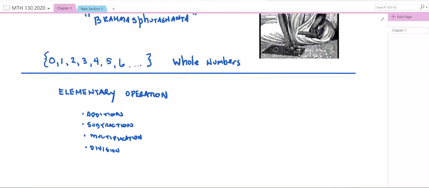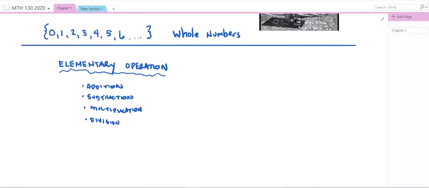Okay, in our previous discussions, we talked about whole and natural numbers. So now we're going to look at elementary operations applied to these number sets. And in order to do that, let's write an equation down here. Suppose I have this relationship